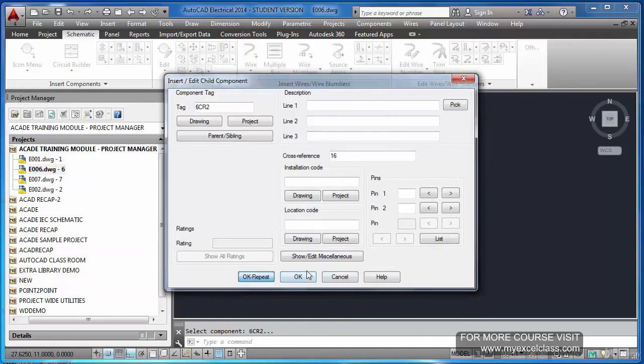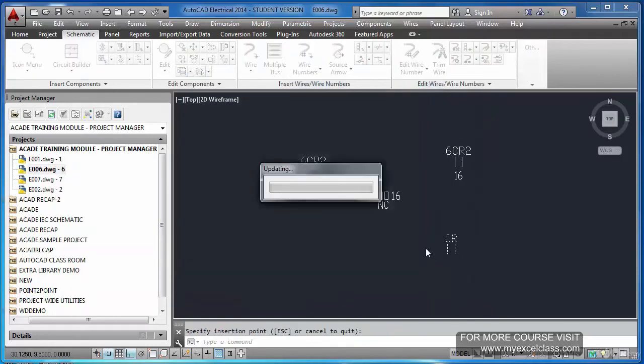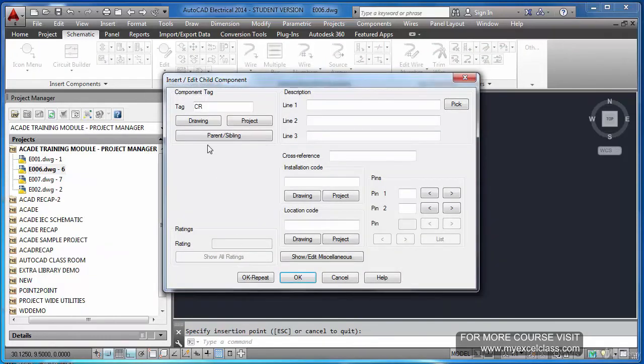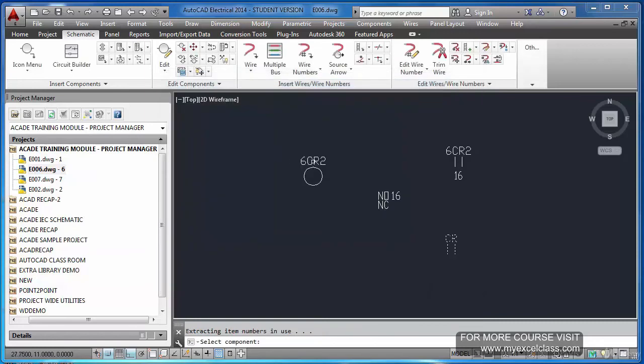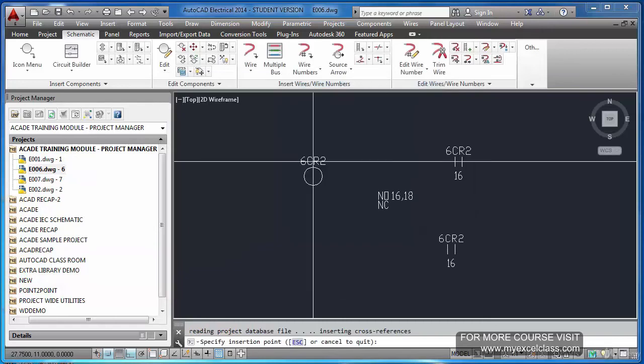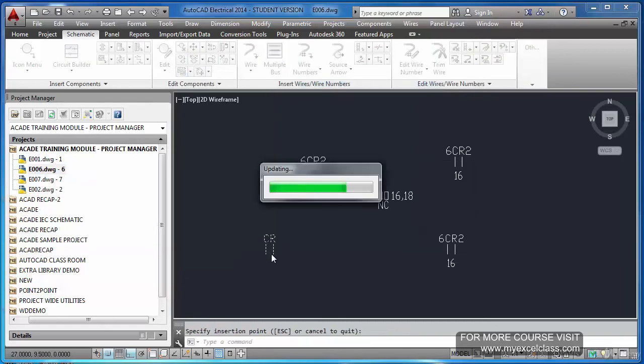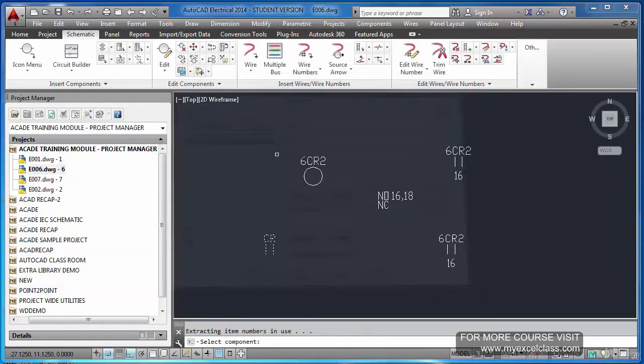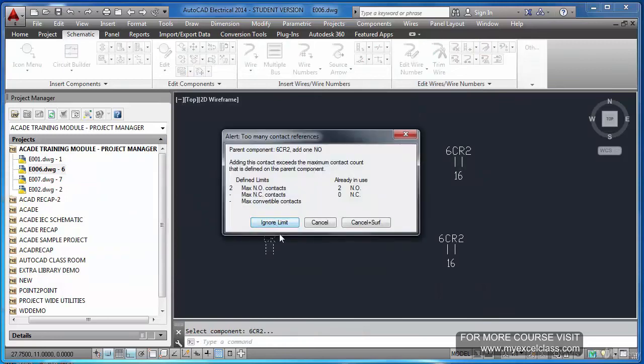Okay, repeat. I'm going to put one more. Parent is this thing. Now I'm going to put the third one. Now you see. Now it is giving a warning. You have selected only 2 maximum NO contacts.